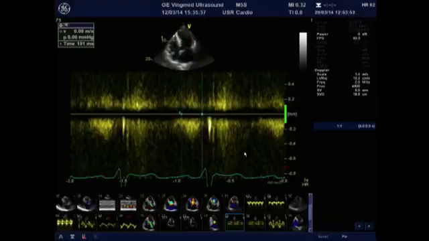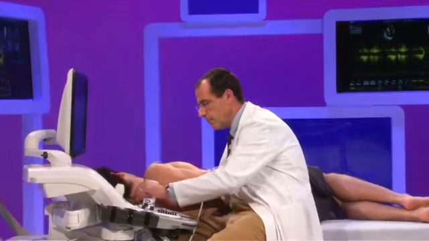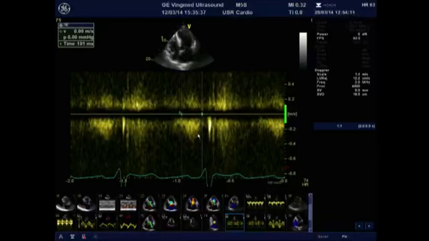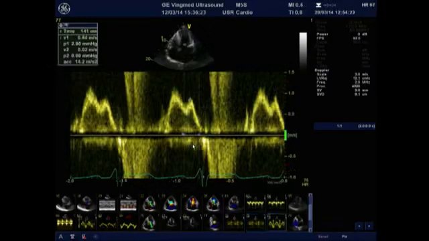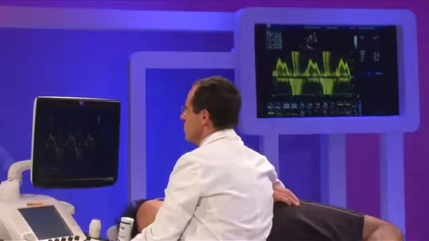which is not often easy, not often executable and feasible, but in this patient you can clearly see the atrial reversal wave and measure its duration, which is 191 milliseconds from here to here. It's important to remember this figure, 191, also to measure its velocity, 0.4 meters per second, and after to compare the duration with the duration of the A wave in the transmitral inflow profile. So it was 191